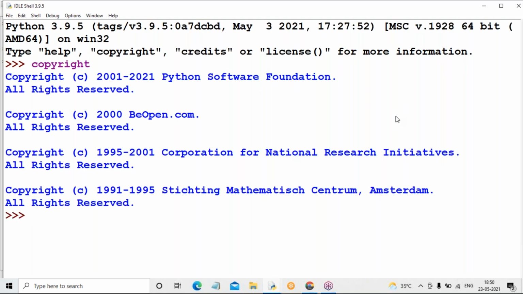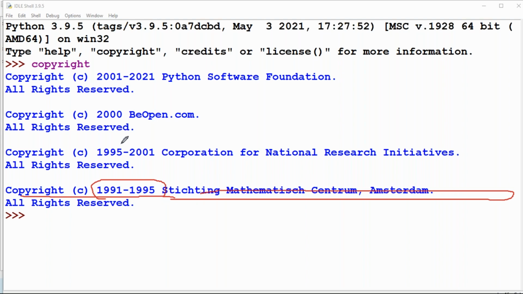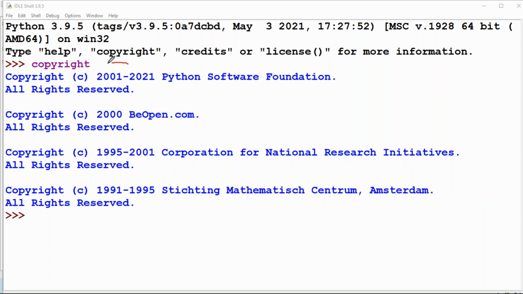That is called copyrights. So, the first version of Python was released in 1991. From 1991 to 1995, one organization maintained it, and from 1995 to 2001, another organization maintained it. In 2000, only one organization, BeOpen.com. From 2001 onwards, for the last 20 years, all the copyrights are reserved to